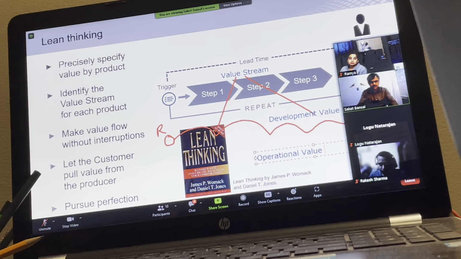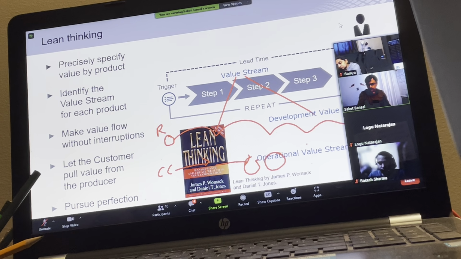So what does it mean? Operational value stream is focused on business as usual. Someone asked for a credit card, they applied, and finally the person got the credit card and is happy, and is helping us make money through credit card usage. Now the group who validate the credit card requirement, the group who initiate the printing of a credit card, the group who support and dispatch a credit card and finally make sure the customer has it, all these are steps we are doing. That is all called operational value stream.